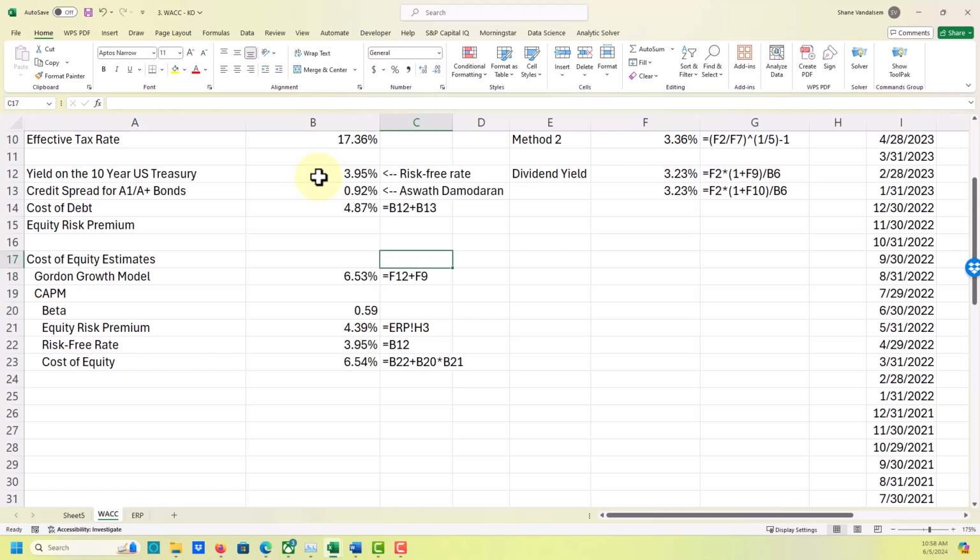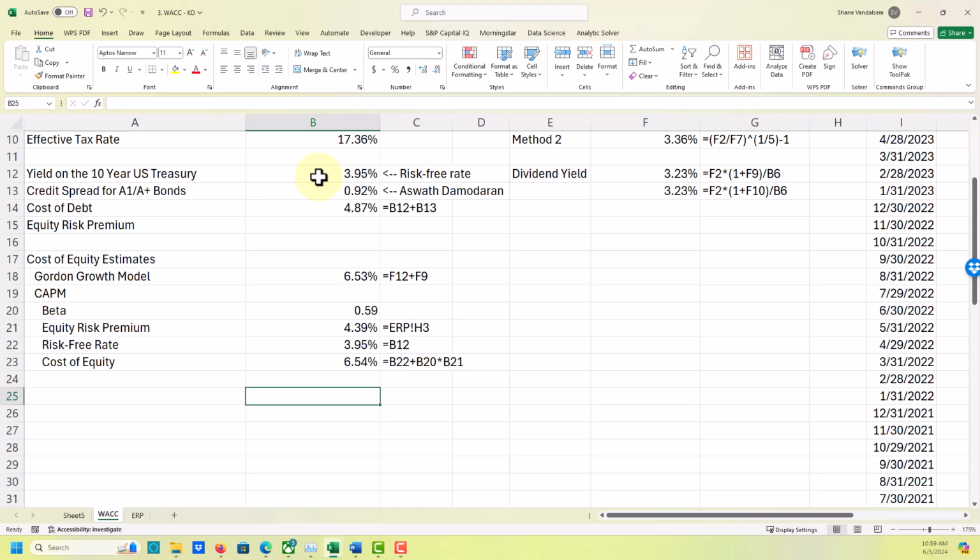In this case, the cost of debt is 4.87% for Coca-Cola. So the difference between the two is about 1.7%, 1.65%. Not as much as I would generally see,